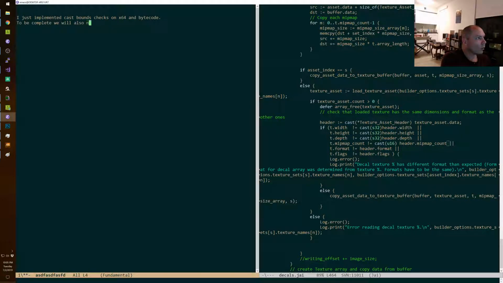We will also need to implement these on the LVM backend, but that shouldn't be too hard. It's simpler than array bounds checks, and of course, the relevant logic can be mostly transcribed from the x64 backend.